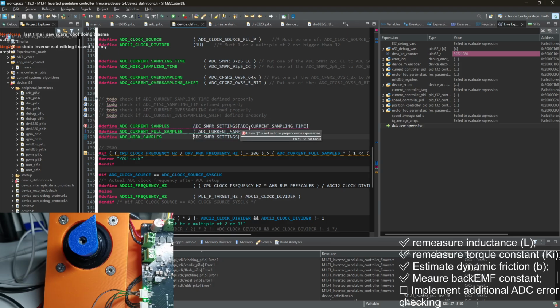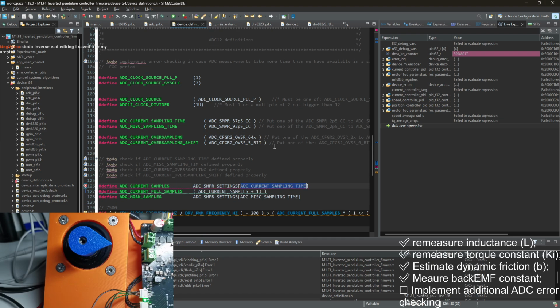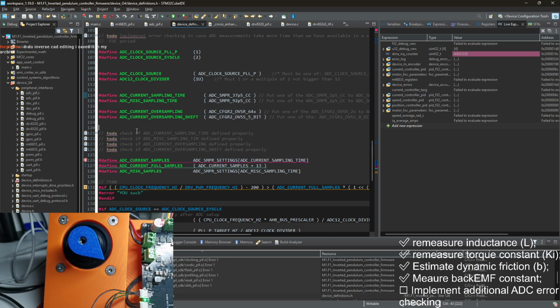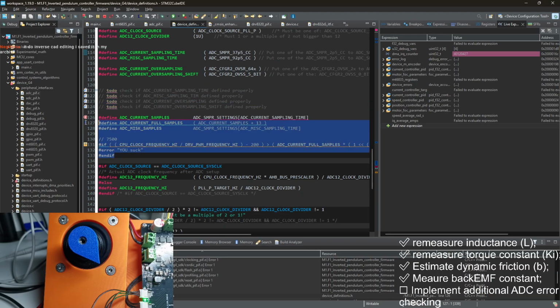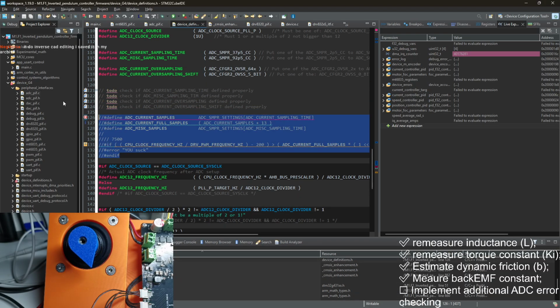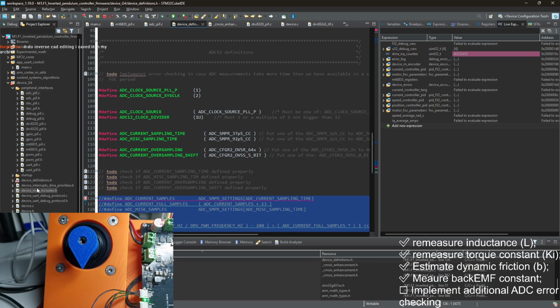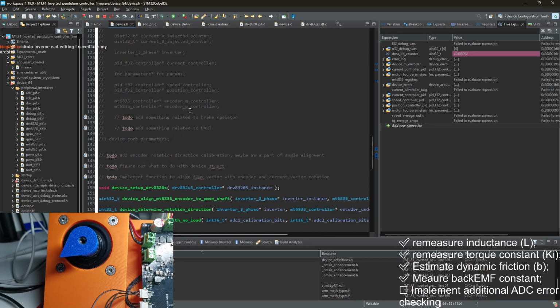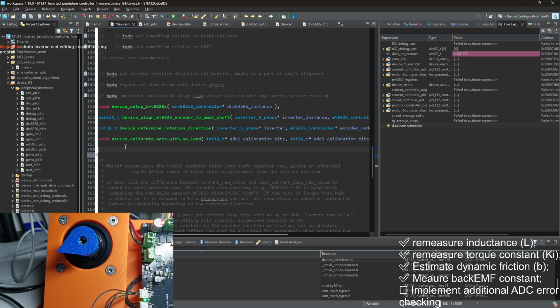Okay, so I suck because this is not possible. But what we can do is we actually can do it as a runtime thing. Okay, so let's keep all of this. We will do this because this is important, but we will move this check to a different place. So let's go to our device file then, and let's do a compile-time definition. Compiled, rather. So let's say it will be error code,